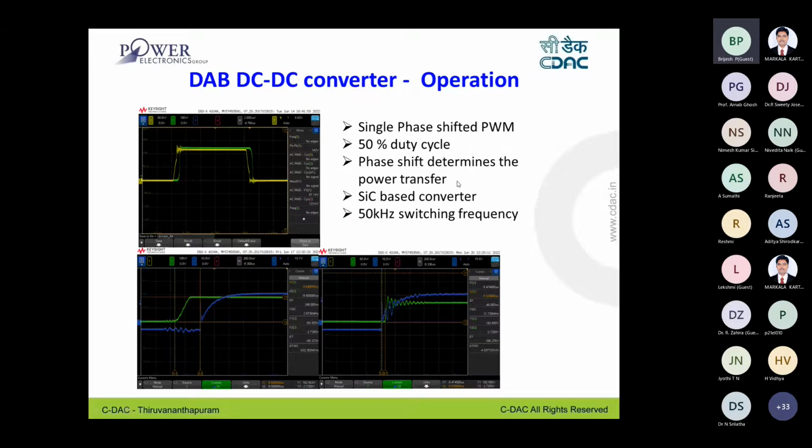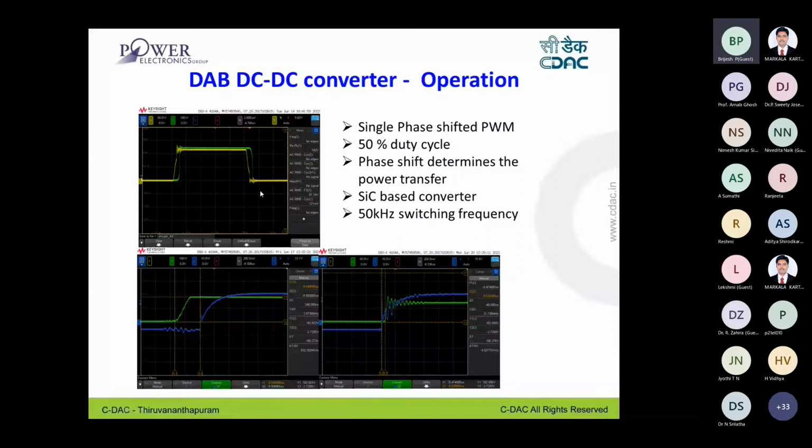Then the phase shift determines the power transfer between primary and secondary. So here you can see a phase shift. What you are seeing in yellow is the primary side, and the secondary side pulse you can see in green. So the phase shift between these two determines the power transfer.